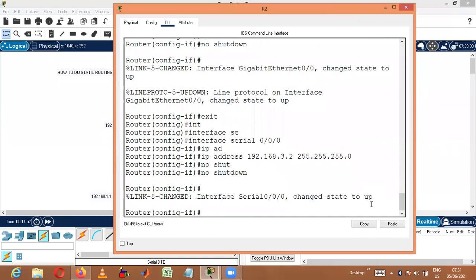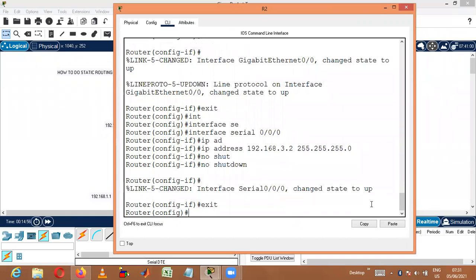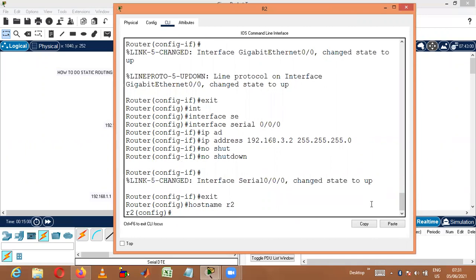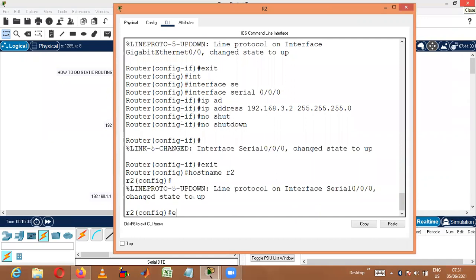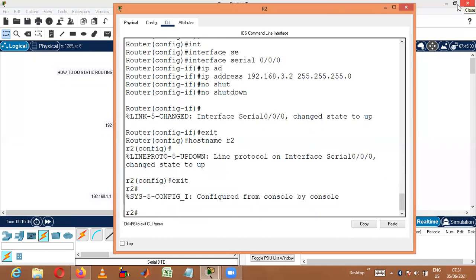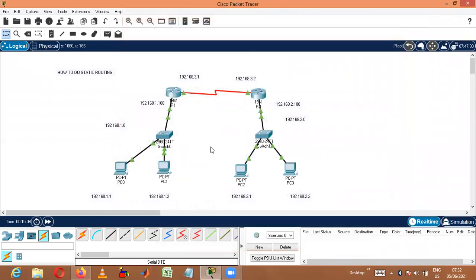That's all. I'm not changing the host name, so I'll change it now. You can change it anytime. Hostname is R2. Now it is done. I can exit from this window also. I'll exit. That's all. We have done the configuration for all the IP addresses.